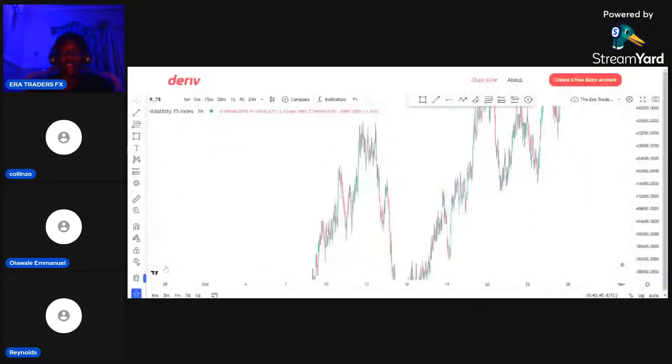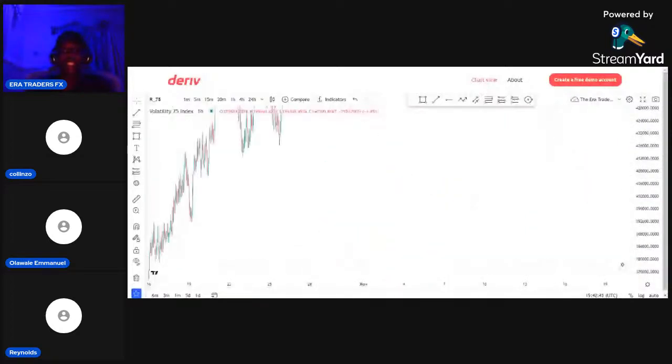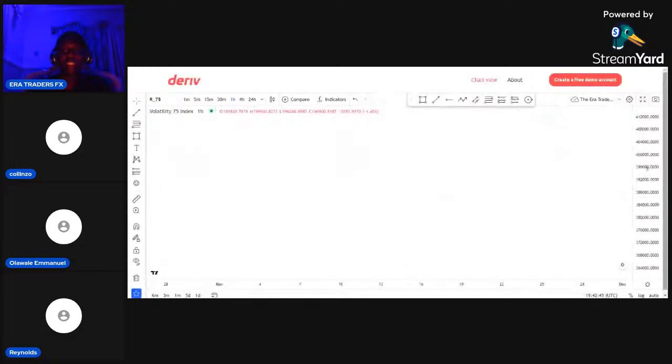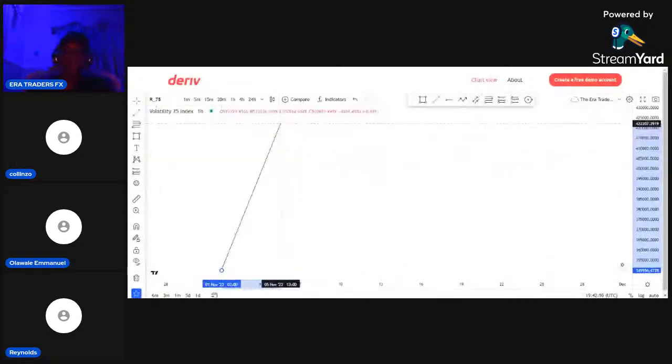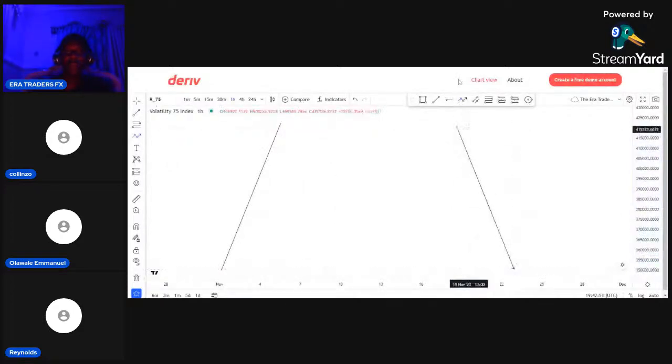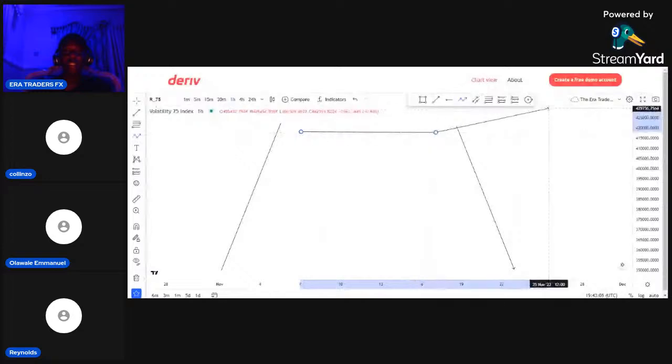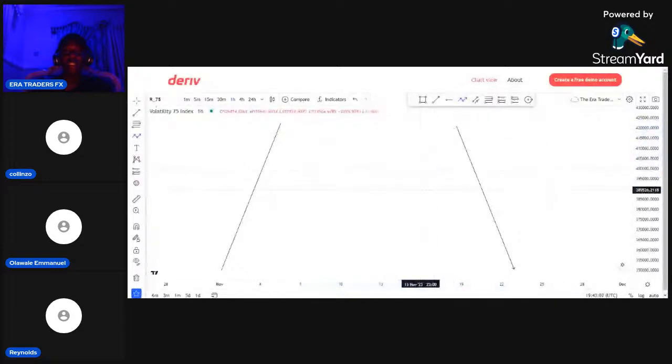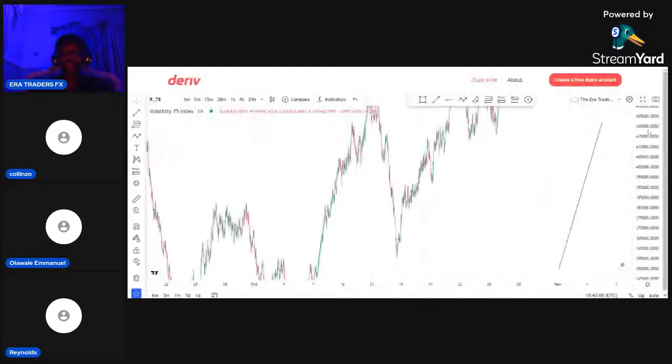All right, so as you can see, the market does not just move up like this once when the market wants to go up, or just move down like this when the market wants to come down, or when the market wants to move sideways, it doesn't just go on a straight line. The market tends to form, when the market is going up,